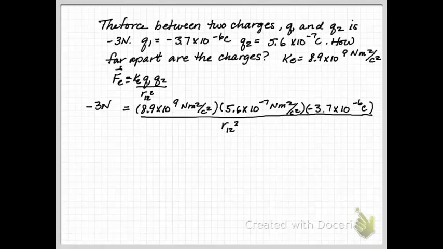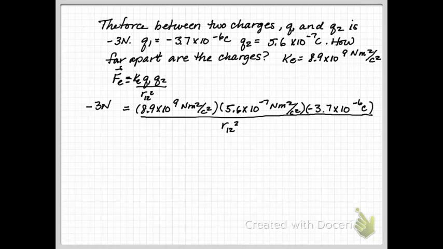All right, so for this problem, it's a simple Coulomb's law between 2 point charges. You've got two charges, and the force between them is -3 newtons. And the question is, how far apart are the charges? I'm using Coulomb's constant, 8.9 times 10 to the 9th newton meter squared per coulomb squared, instead of the permittivity of free space. And then